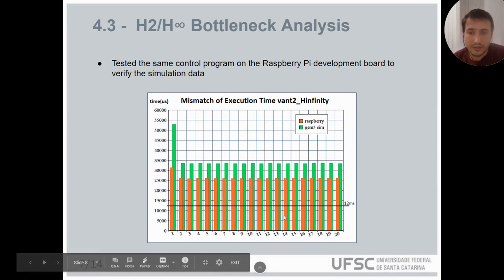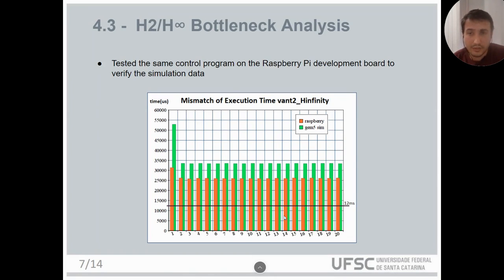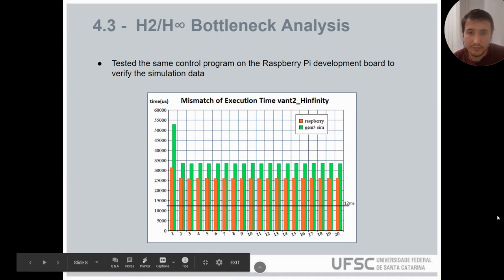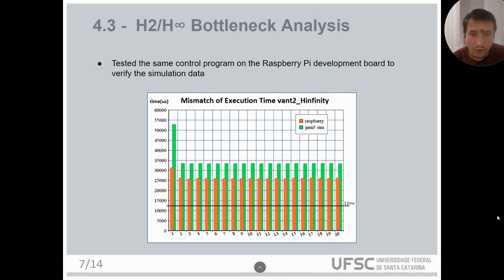So with these disturbing results of the H2 H infinity, we went ahead and tested the same control program on the Raspberry Pi 3B Plus development board to verify the simulation data. After this first control loop, the average mismatch was around 20%. And we can see that even in the real tests, the execution time was well above the 12 milliseconds control